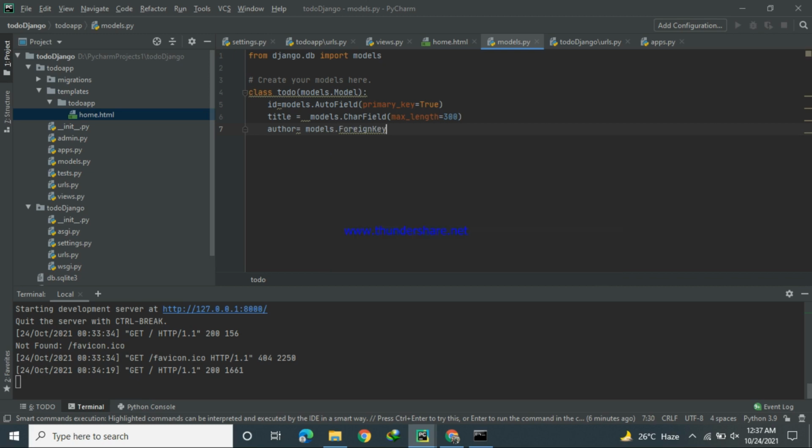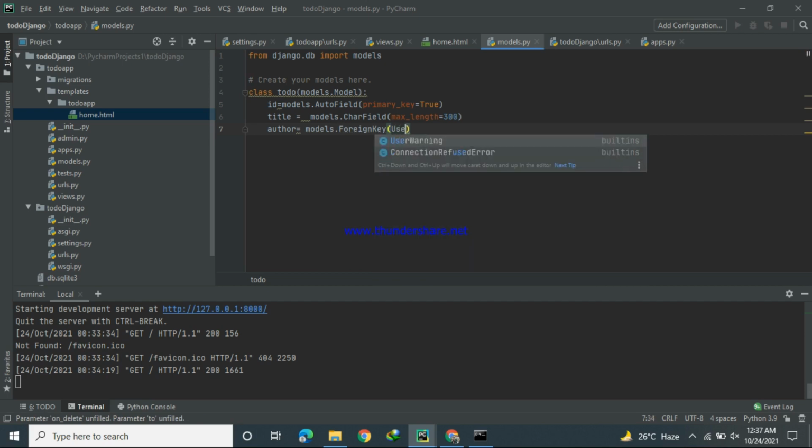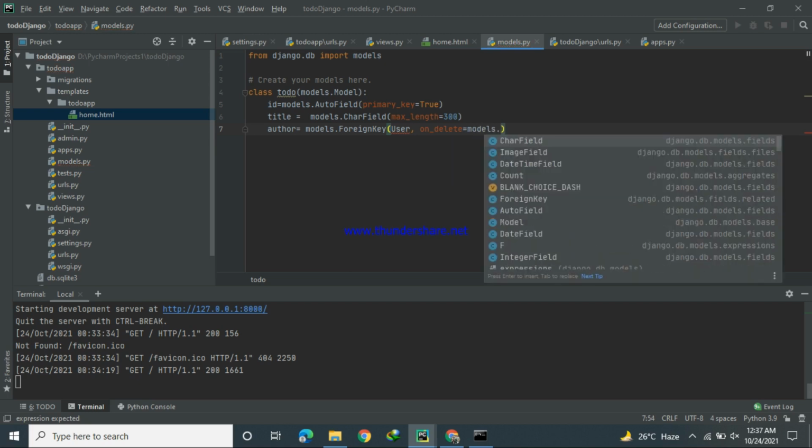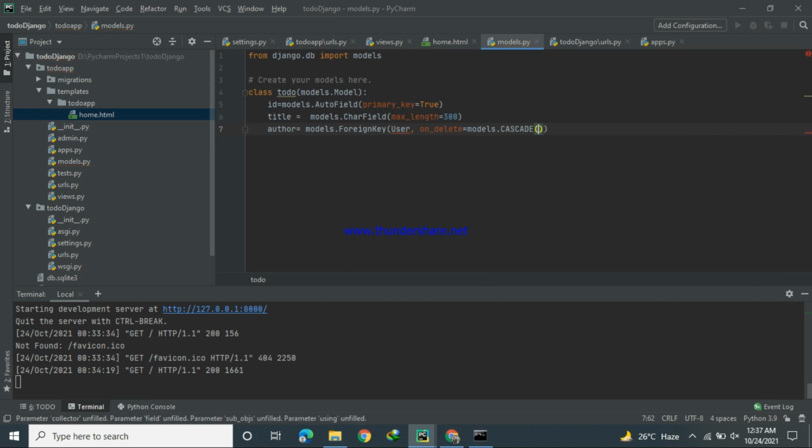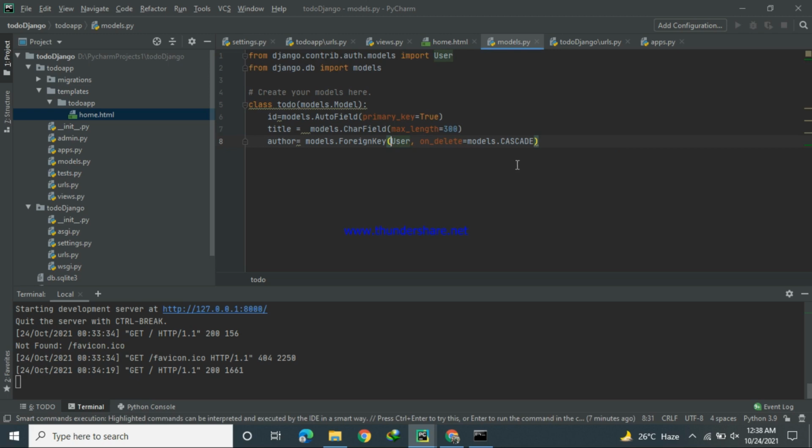A foreign key to our user model, and on deleting the user the Todo will be deleted. On delete, models.CASCADE. This will delete the data for this user when the user is deleted from our user model. So we have to import our user model, django.contrib.auth.models.User.